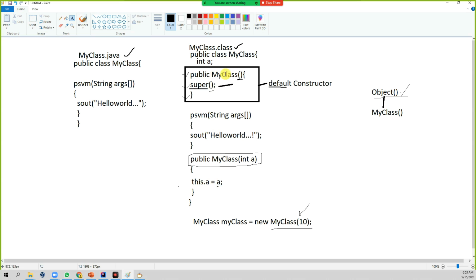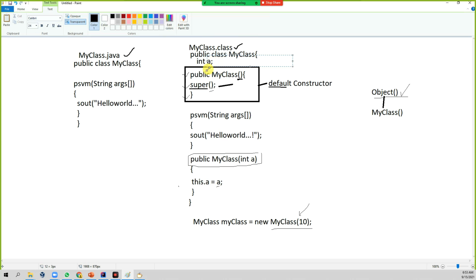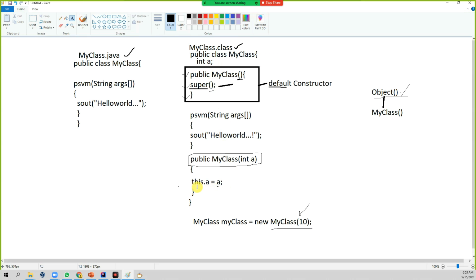This particular class has int a. Whatever value the constructor is giving, it is assigned, and then this a value will be accessible across this particular class. That is the significance of this. And this particular MyClass is going to be used.